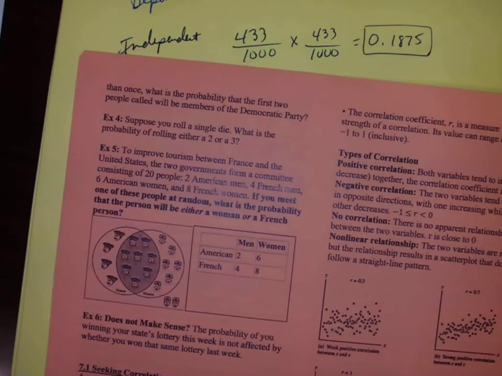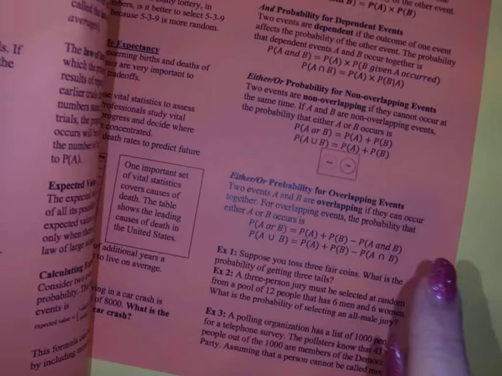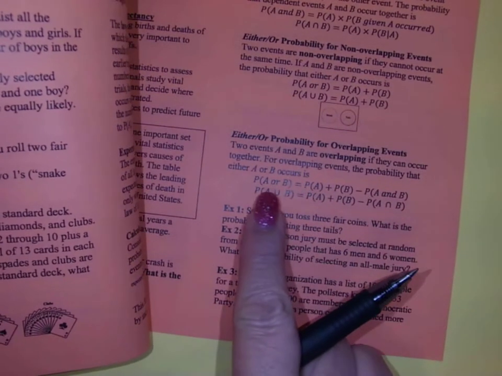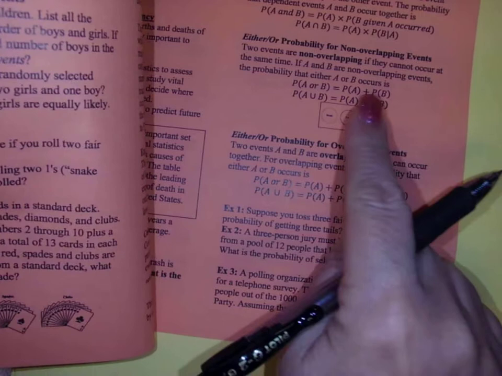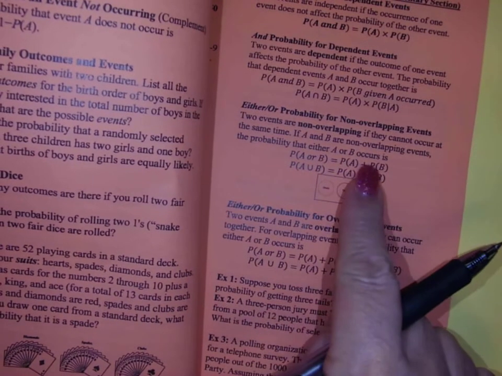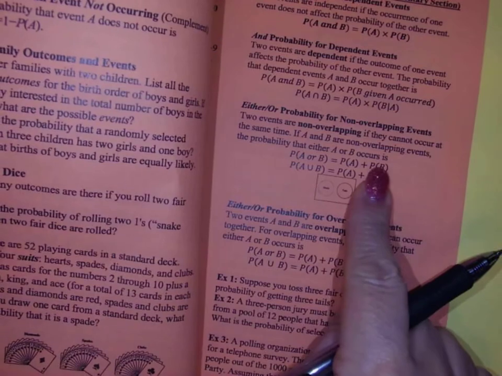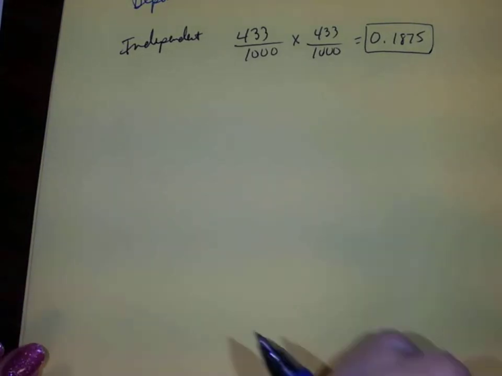So the OR statement is going to put us into a different formula for what we're doing here. It's going to be the probability of A or B. So we're going to add the probabilities. These are non-overlapping. You can't get a 2 and 3 at the same time. This will be non-overlapping. All right. So, for example 4,